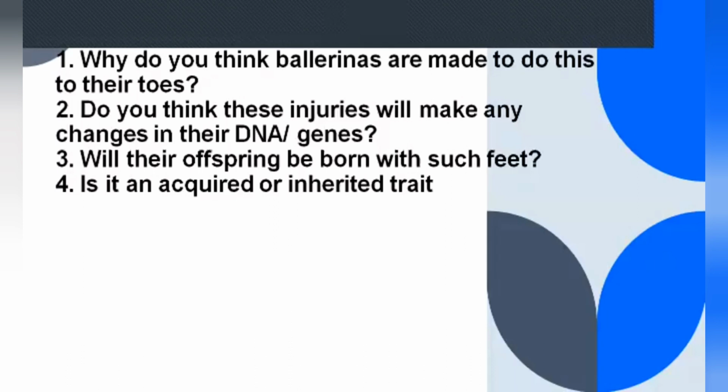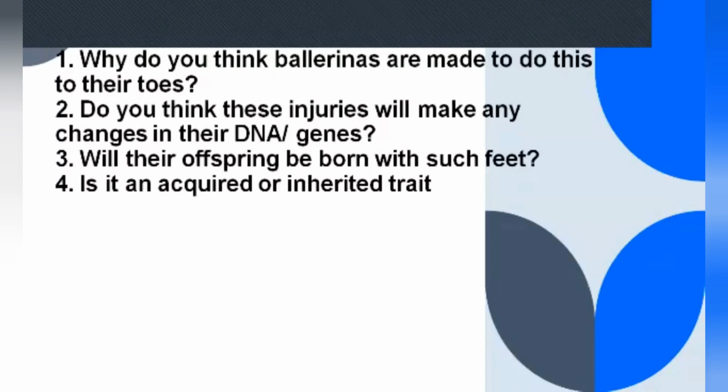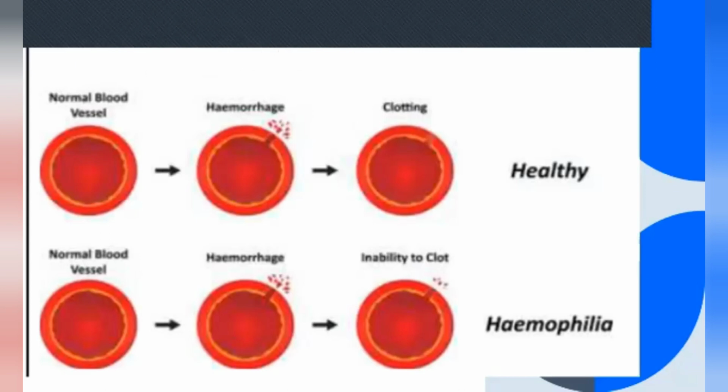First, we need to clear the concept about the injuries due to environmental factors and what are the illnesses which will pass through, or what are the diseases which pass through genes. Then the child will be able to relate these concepts to such competency-based questions. Now here you have another kind of disorder where a healthy person can have proper clotting of the blood, and a person suffering from hemophilia is unable to clot the blood.